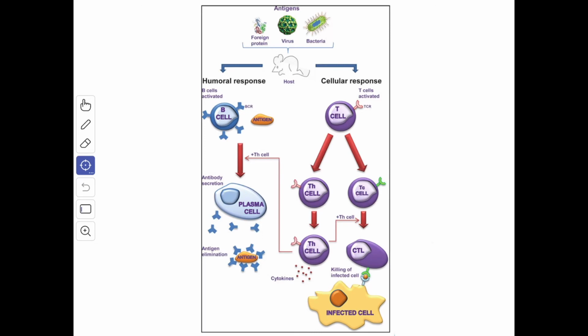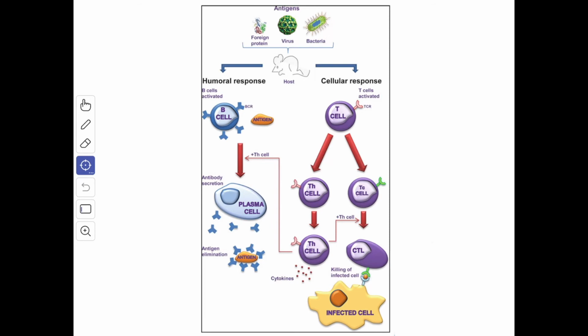The next group is the delayed type hypersensitivity related T cells. They synthesize and release the lymphokines when they come in contact with the antigen. The lymphokines attract macrophages into this area, and they also stimulate the macrophages to destroy the antigen. One type of cytokine called interleukin 2 stimulates the proliferation of both B lymphocytes and T lymphocytes.